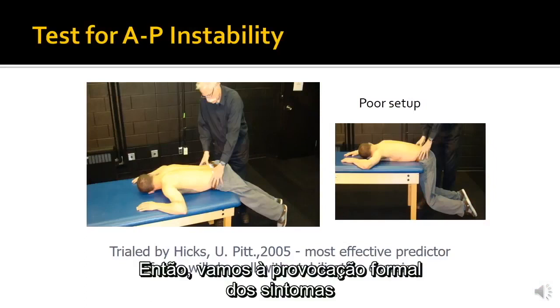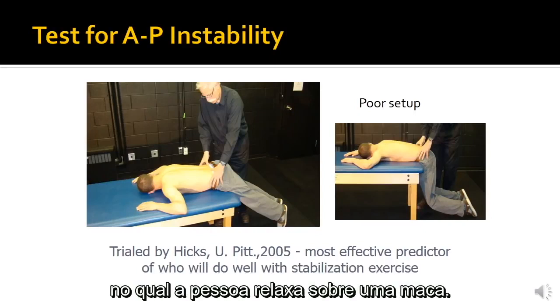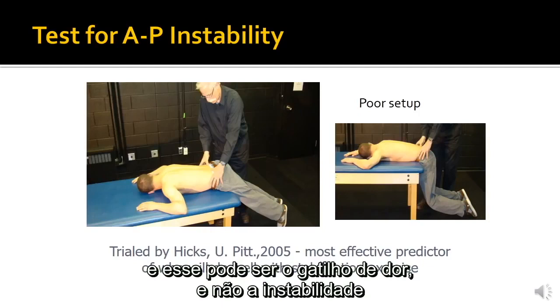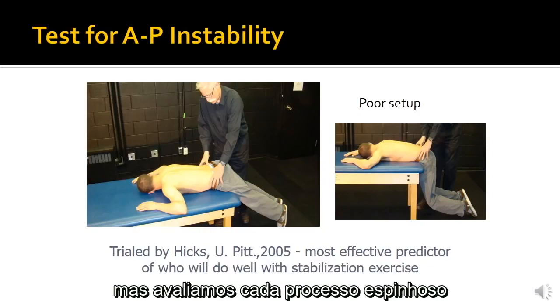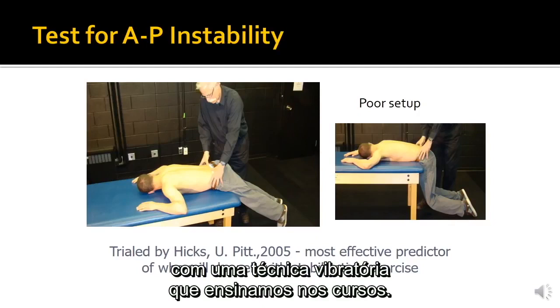Then we move on to the formal triggering of their symptoms through instability tests. So the first one might be, for example, a prone instability test, where the person relaxes on a testing table. This is a very poor setup because the spine has been broken into flexion, and that might be the pain trigger rather than instability. But we then probe each spinous process about a kilo or slightly less with a rattling